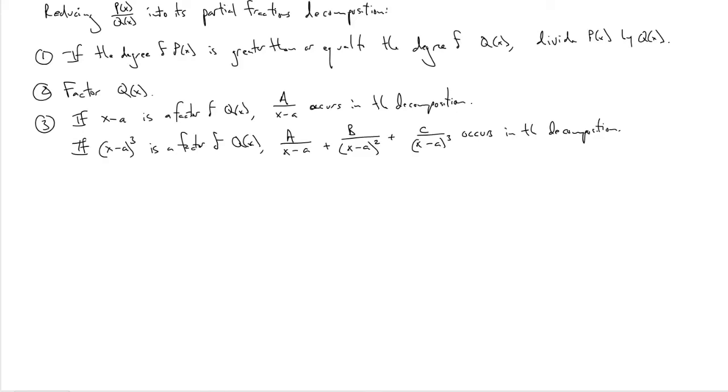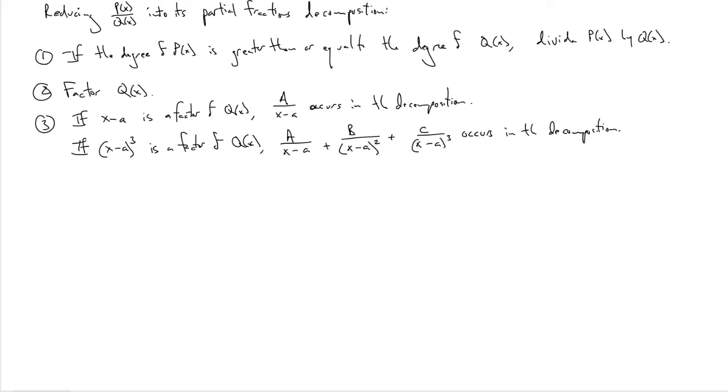The cubed part is arbitrary. It could be to any power. But just to pick a specific example, suppose you had an x minus a cubed as a factor of the denominator. Well, where could that have come from? It turns out, if you're adding fractions together and the common denominator is x minus a cubed, then there might be some number over x minus a, there might be some number over x minus a squared,